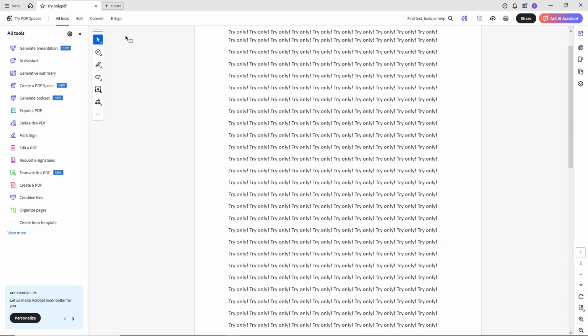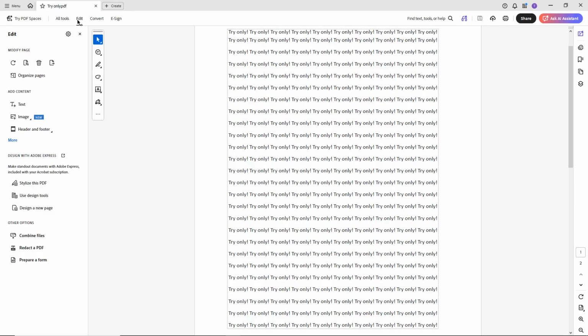Now, in the upper left corner of the screen, click on Edit. This will activate the editing mode in Adobe Acrobat, which transforms your PDF into an editable format. You'll notice the interface changes slightly, giving you access to various text editing tools that allow you to modify the